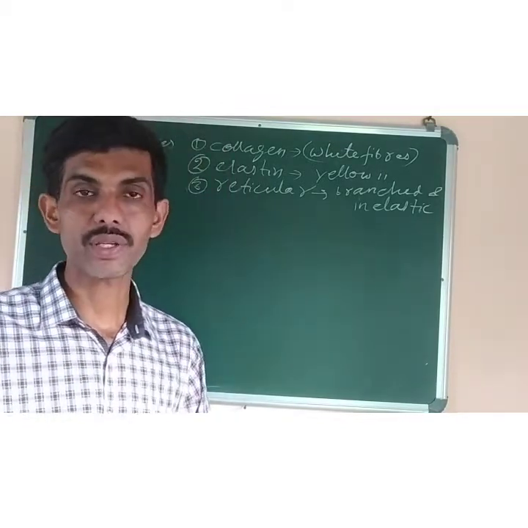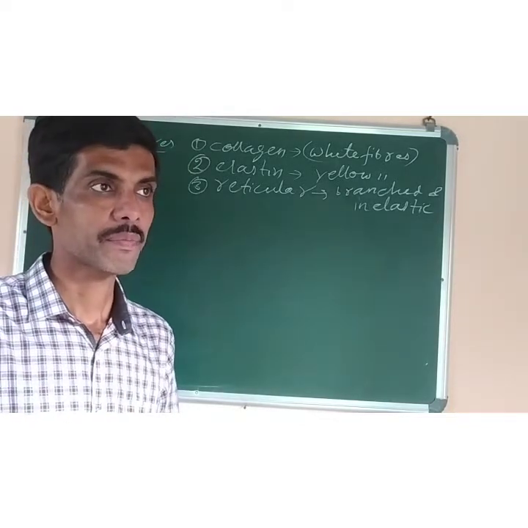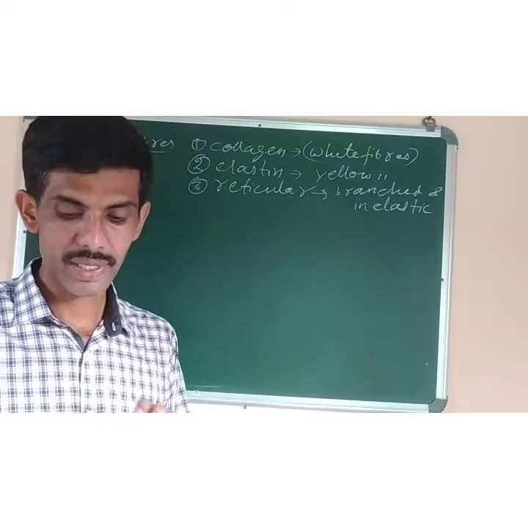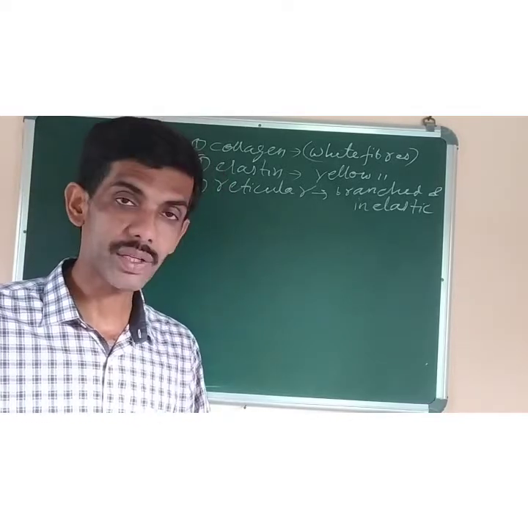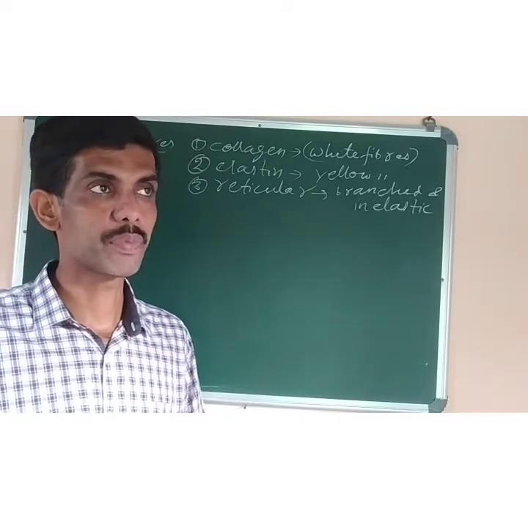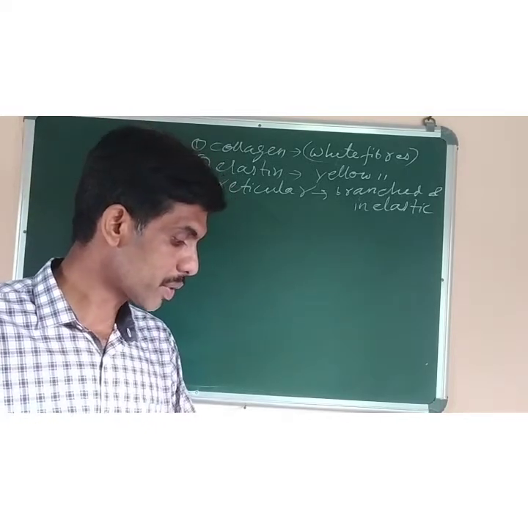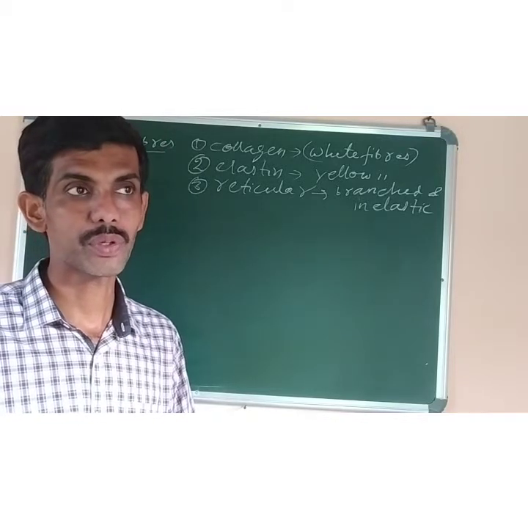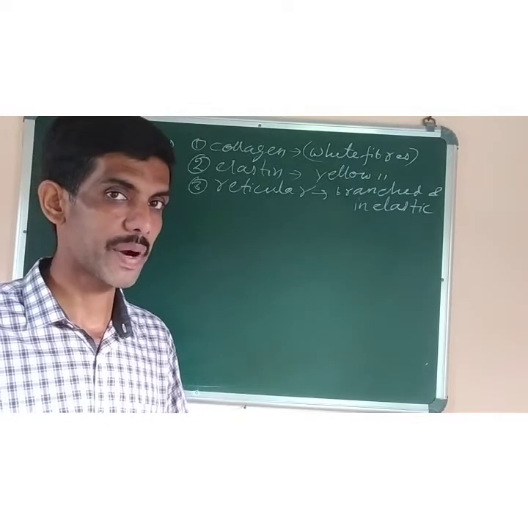Okay? Now what are the functions of connective tissue? Because it is found in many parts, number one, attachment. It helps to attach the different parts of the body, like connecting bone to bone, muscles to bones, or attaching the skin to our underlying tissues. Number two, it is also called binding and packing tissue. It provides support to the body, because bones, ligaments, cartilage and bones are all parts of connective tissue. Then third one is transport, because fluid connective tissue is also a part of connective tissue, and you know the function of blood is to transport different types of materials in different parts of the body.